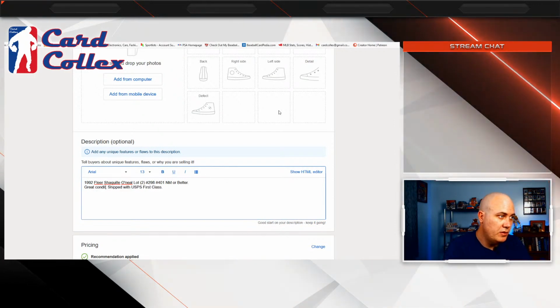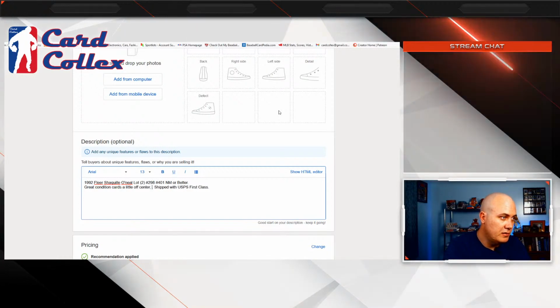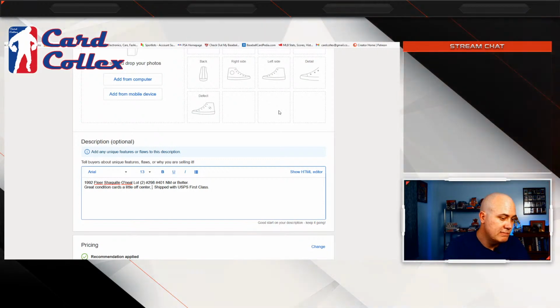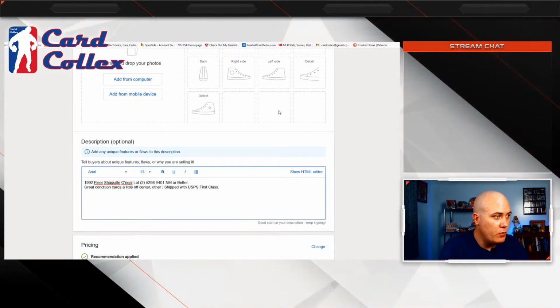Great condition cards. A little off center. Otherwise, very sharp.